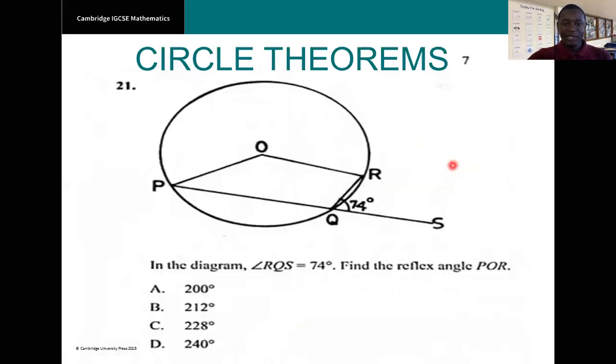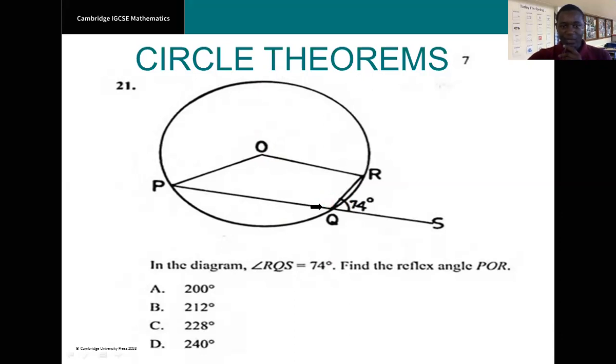All right, we have another. This is not a cyclic quadrilateral. Take note, this is not a cyclic quadrilateral because this vertex here at O is not on the circumference of the circle. We have 3 vertices on the circumference, but the 4th one is not, so this is not a cyclic quadrilateral. Also note that this and this angle form angles on a straight line, so you can use angles on a straight line to get